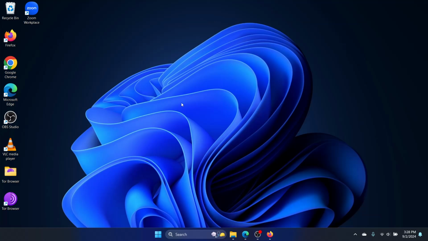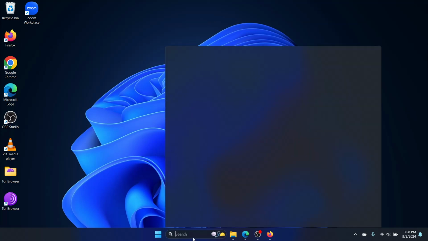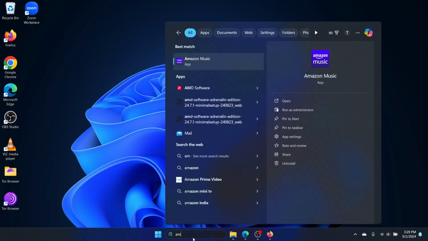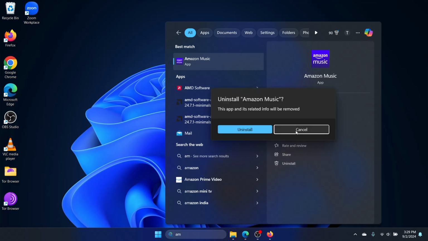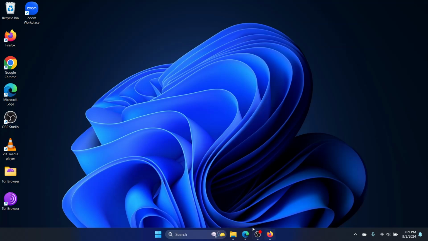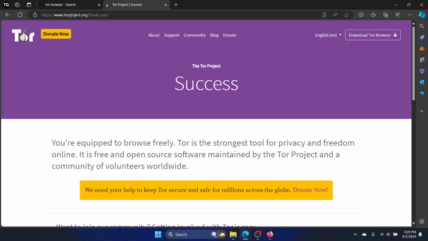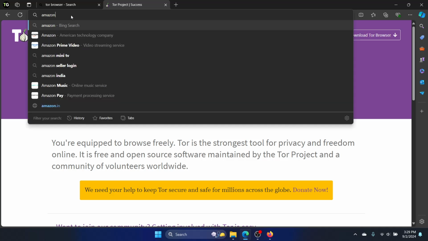If it doesn't work, then we need to uninstall and reinstall the Amazon app. So we will go to Amazon Music. Again, we'll go to this app. We'll click on uninstall, uninstall again, and it will uninstall. Then to reinstall it, we need to open the browser, look for Amazon Music,